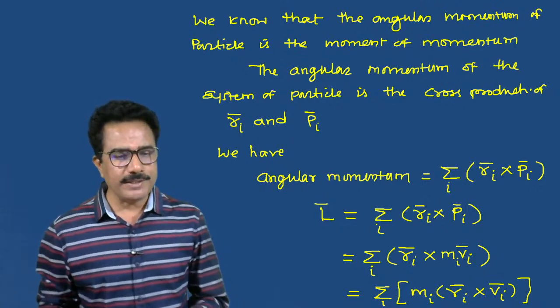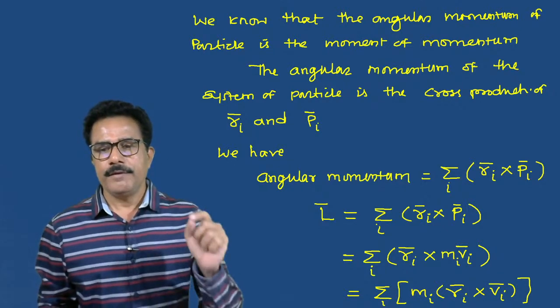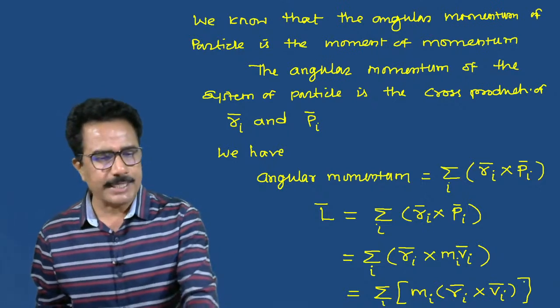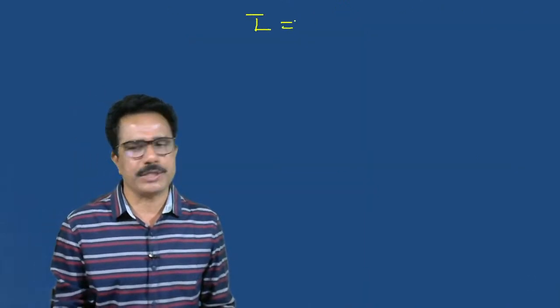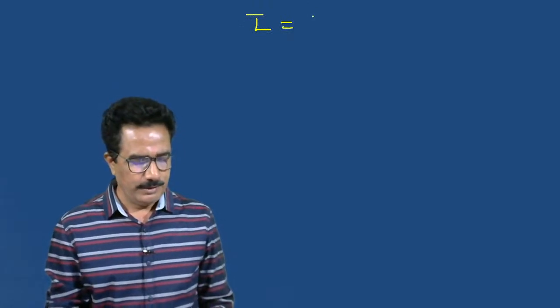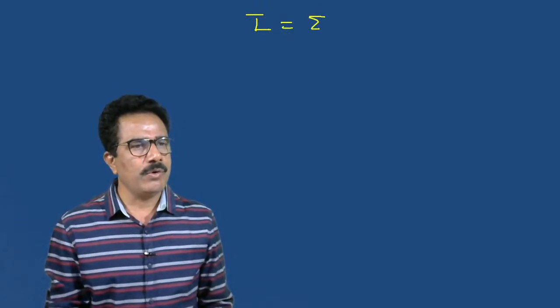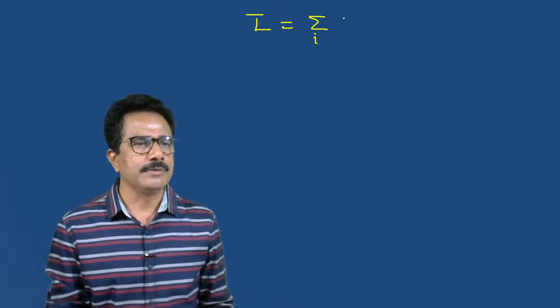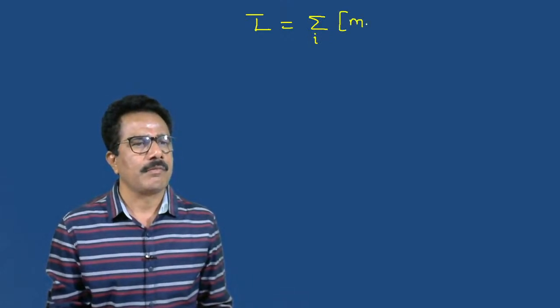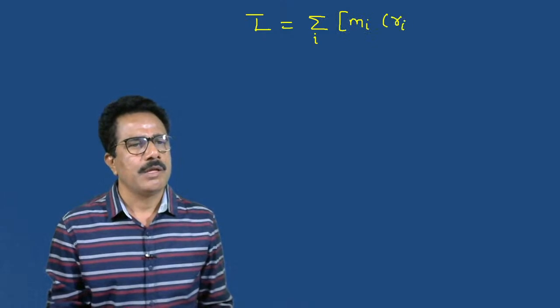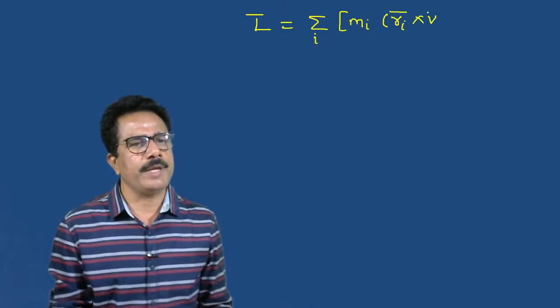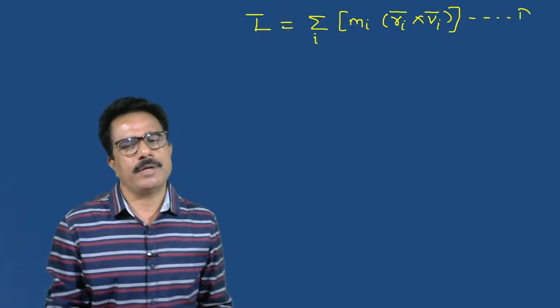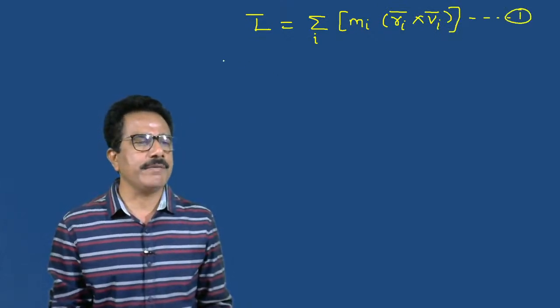Now if we differentiate this with respect to t, I shall write this again. So L bar is equal to summation over i of mi into Ri cross Vi. Suppose this is equation number 1. Now differentiate this equation 1